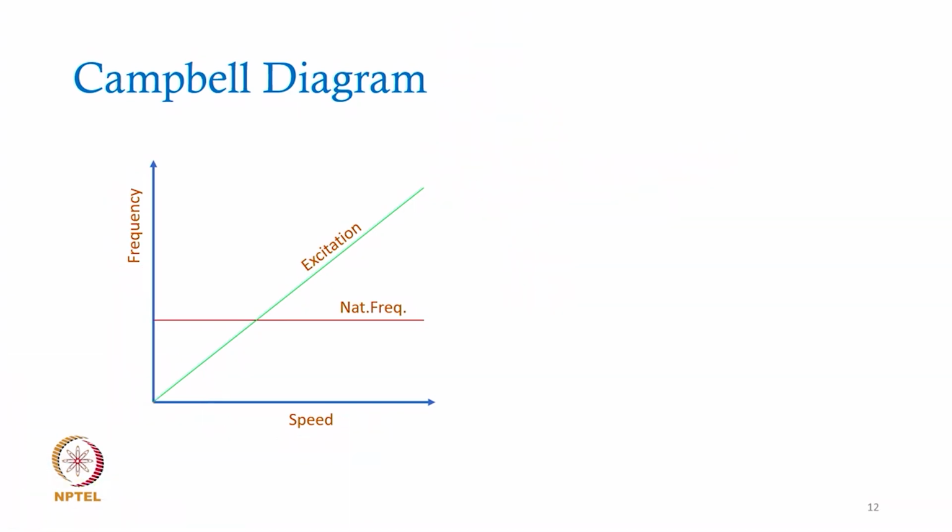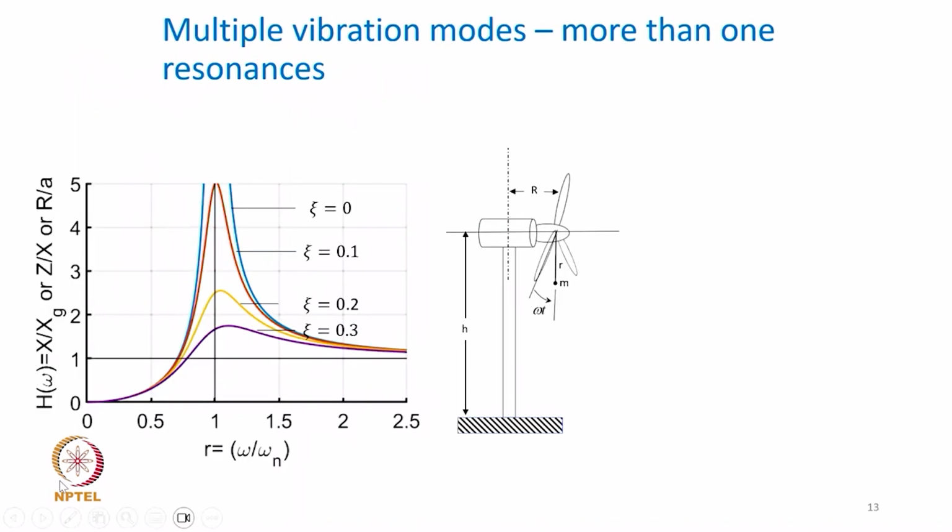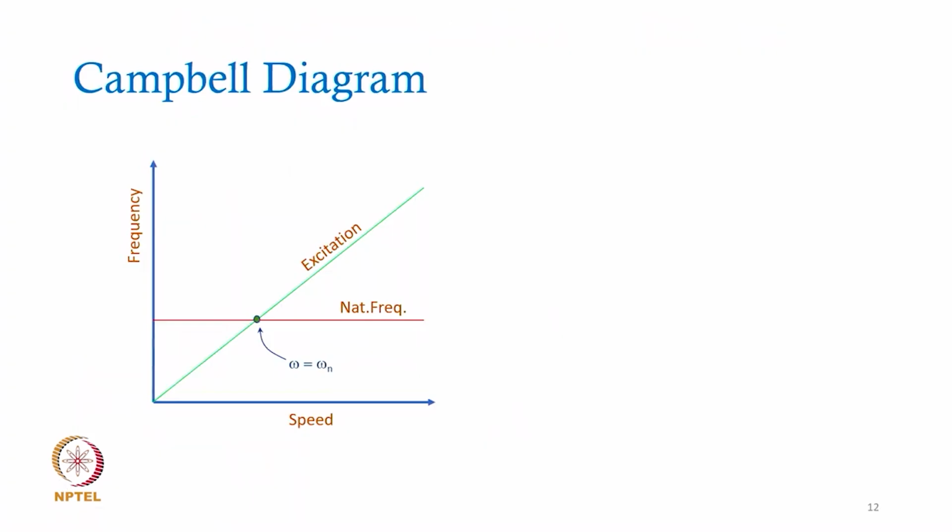What do you see from this graph now? Is this graph going to give you some more information? You get from this graph the location of resonance, right. You get from this graph the location of resonance, which is the intersection of these two lines, natural frequency line